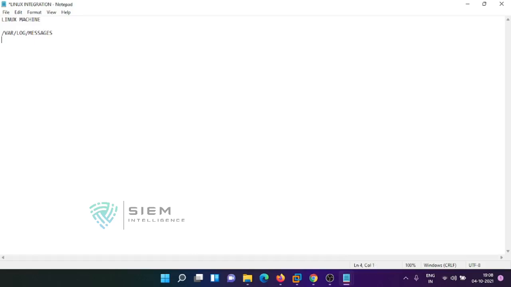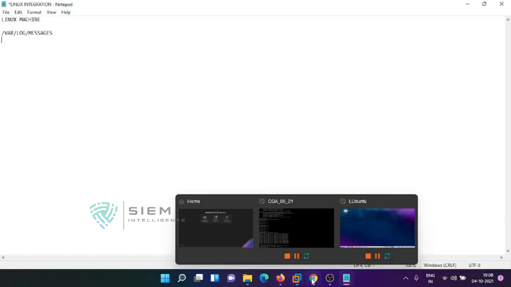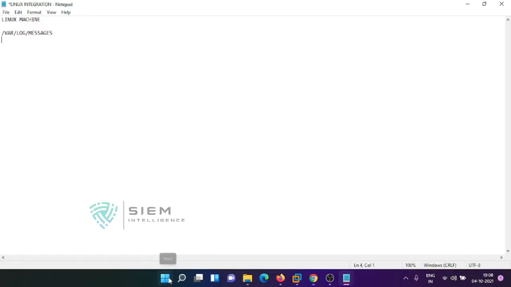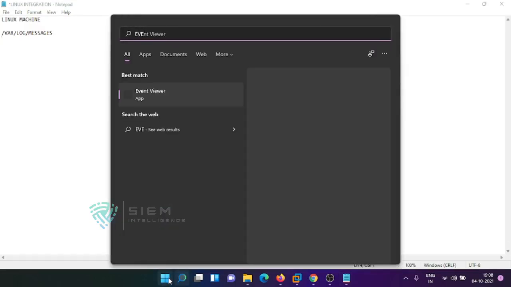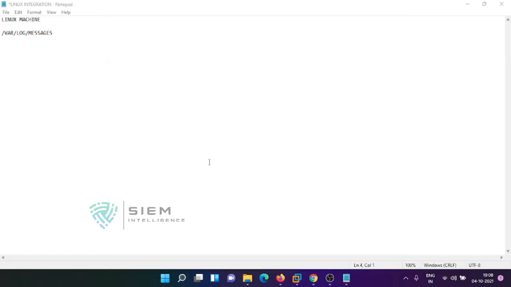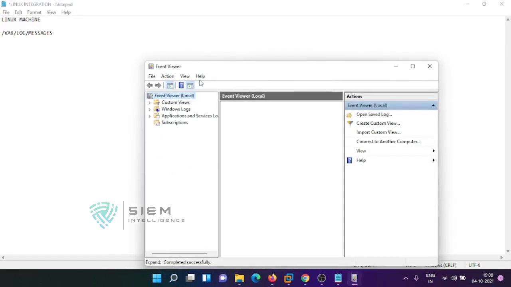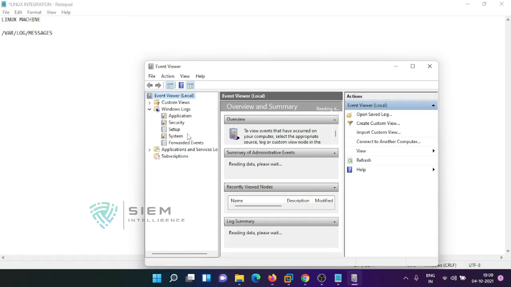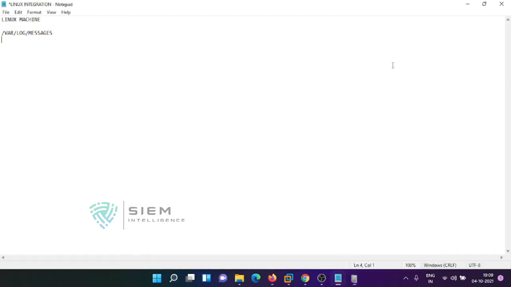This is a location where you will get entire logs, like the Windows Event Viewer. You will get the entire Windows logs over here. The entire bunch of logs will be available in var log messages. That's the path of the messages log. Once you go inside, you will get so many files.